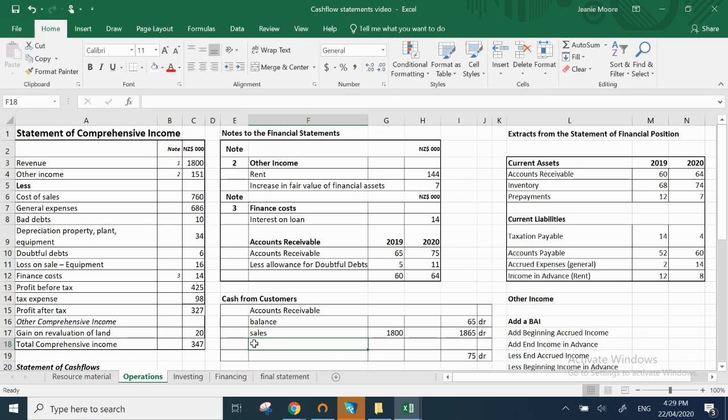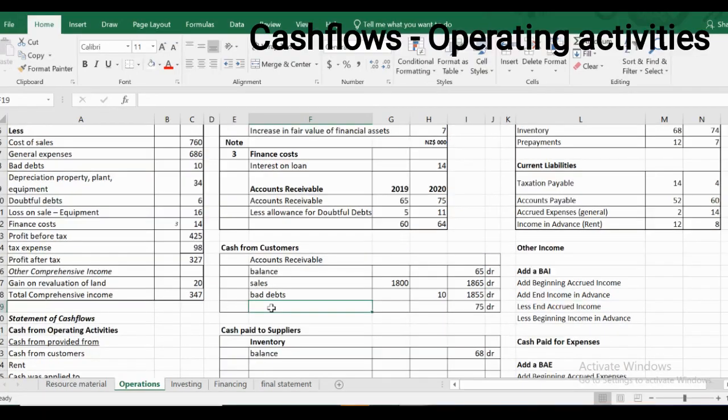So that reduces the amount of cash that I'm going to receive from my customers. So my bad debts of 10 is going to take that down to 18.95. But that's the only one I've got. I don't have a discount allowed there. Now, from bad debts,